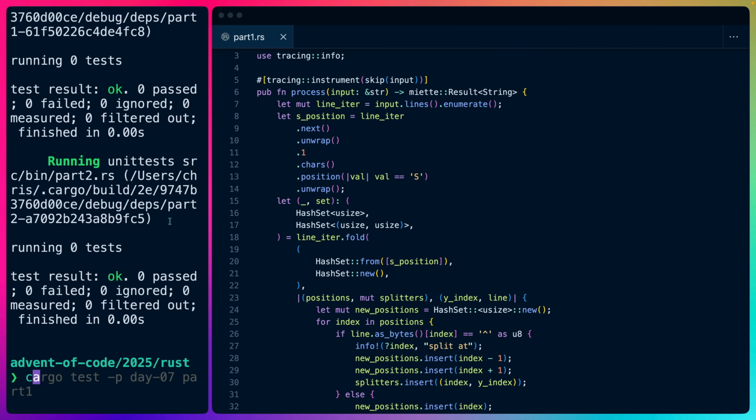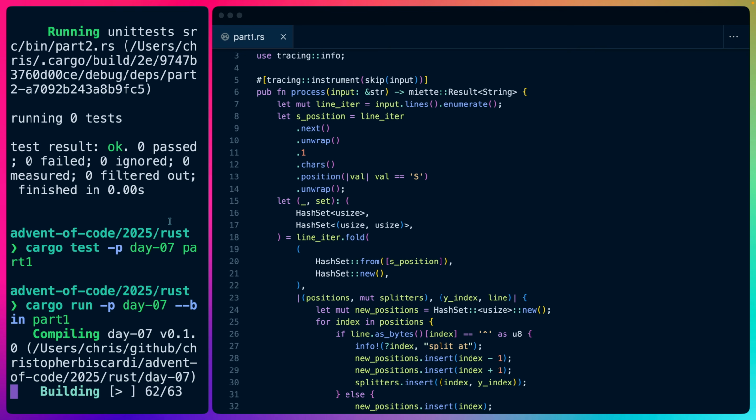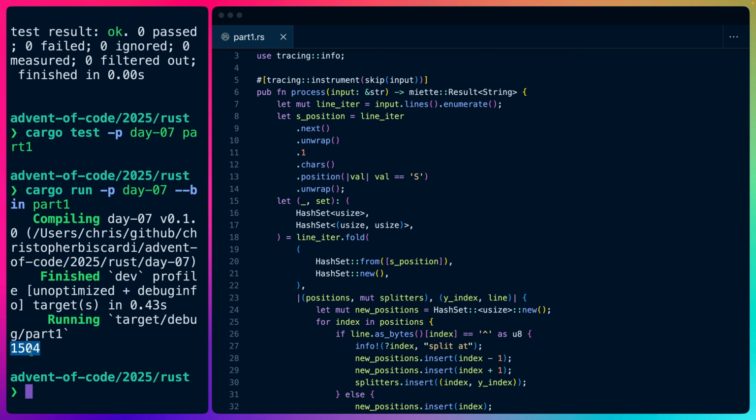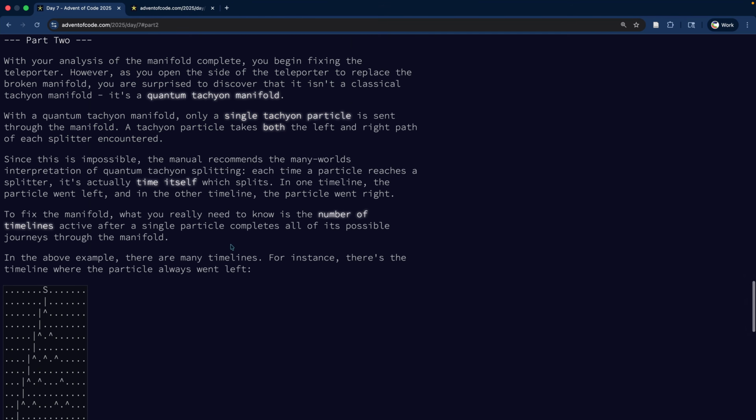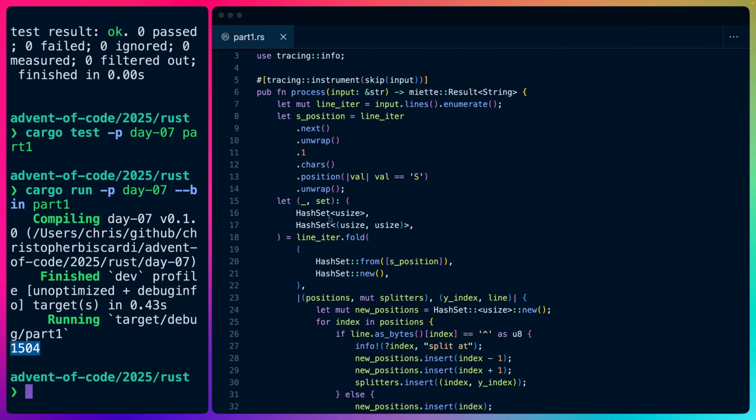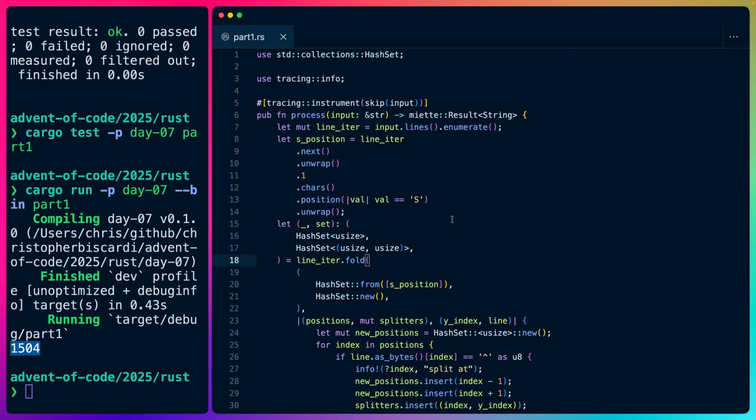And let's try to run it and make sure it works. Day 7, part 1, we get 1504. Submit. That is the right answer. Perfect. Okay, before we take a look at part 2, which I'm sure is wild,